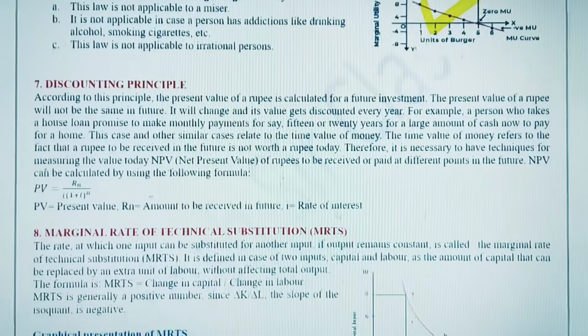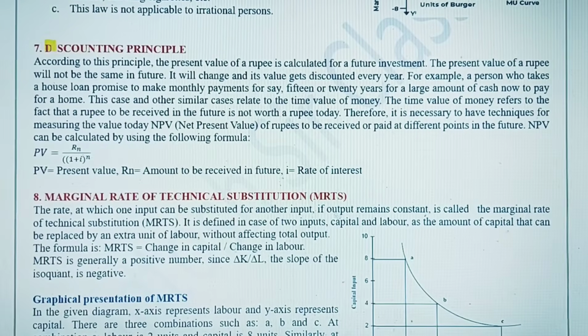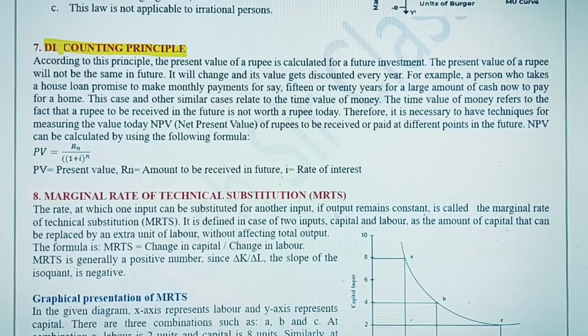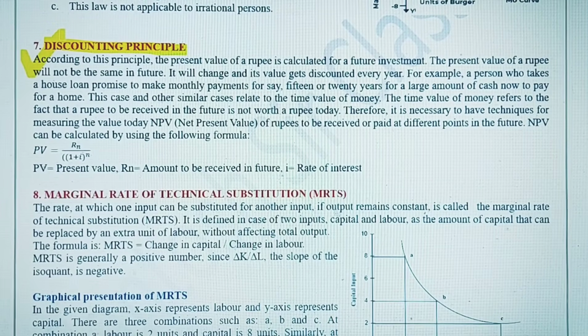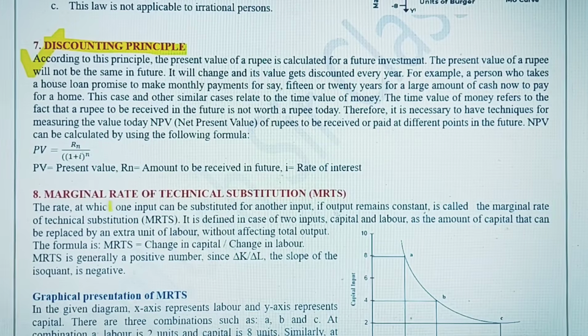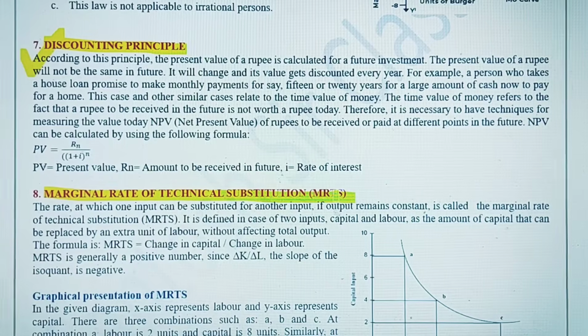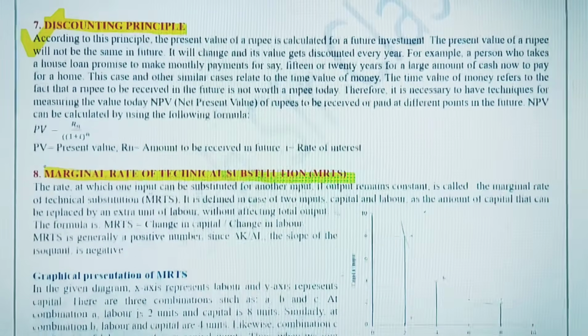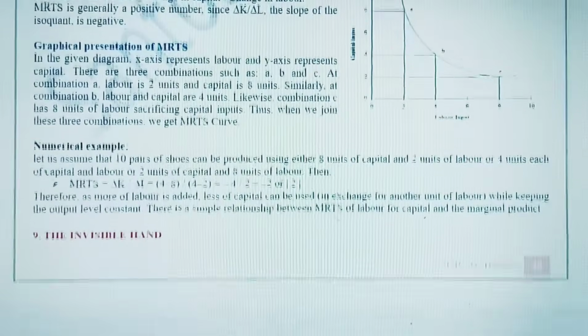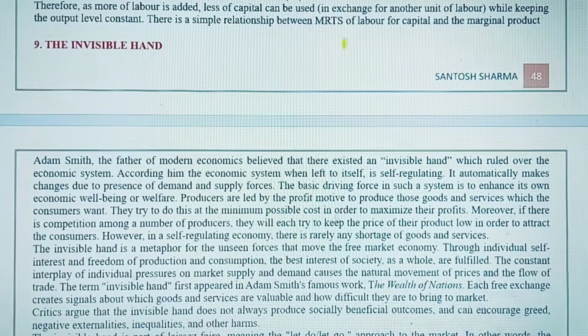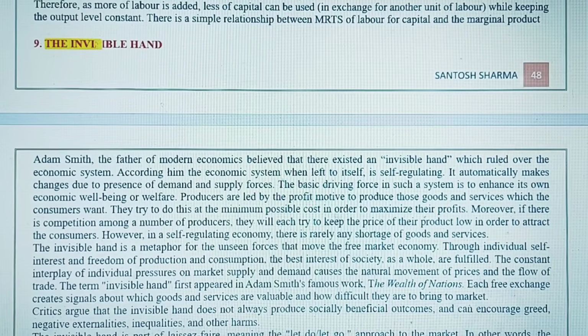दैट वी हैव डिस्काउंटिंग प्रिंसिपल. अगेन ए गुड क्वेश्चन, क्योंकि MCO 07 में भी है ये चीज़, तो डिस्काउंटिंग प्रिंसिपल इज़ अ वेरी important concept for commerce student. Okay, then we have MRTS, marginal rate of technical substitution. ये भी important concept है इकोनॉमिक्स का, एंड इसका ग्राफ और एक न्यूमेरिकल एग्जाम्पल ये आप अपने मन से हाइपोथेसिस करके कर सकते हैं.